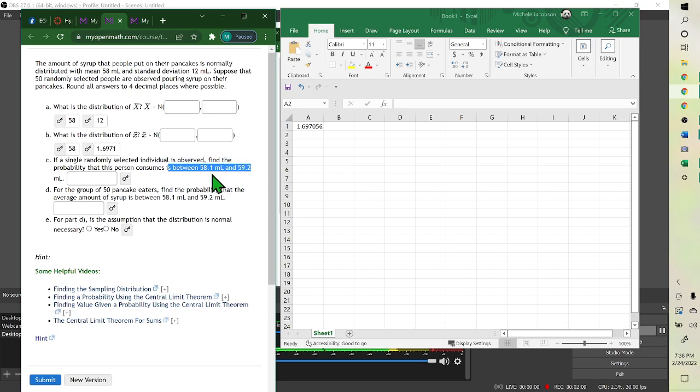But we want between. So if we find the 59.2 and then subtract the percent below 58.1, it will give us what's between them. Okay, so first we'll find the 59.2. I'm going to click here, put equals,